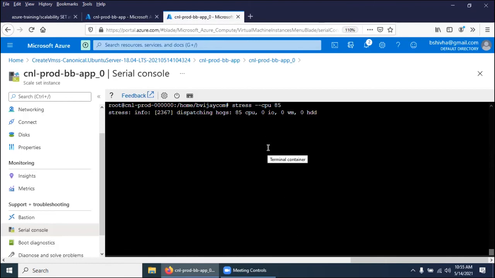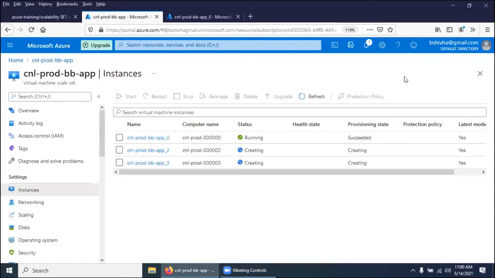So now we have given the trigger. We'll wait for another 4 minutes. See, after 5 minutes, the virtual machine scale set is showing that a further machine is getting created and it started running. Before you create the virtual machine scale set, you need to have one empty load balancer. That is how the production scenario works.